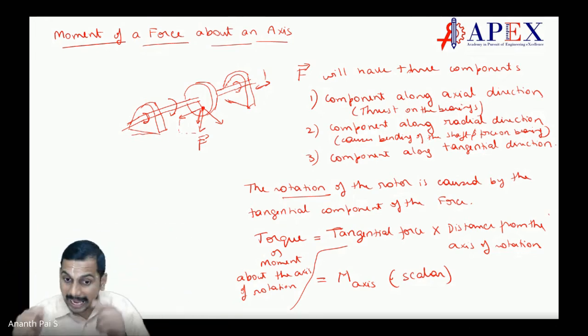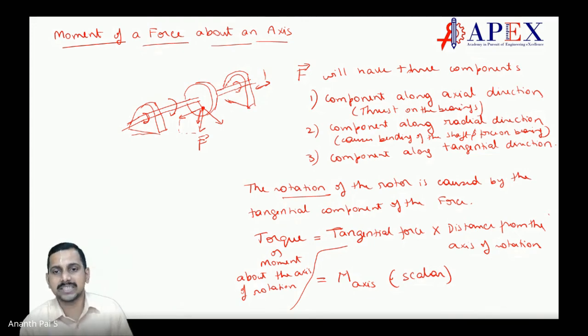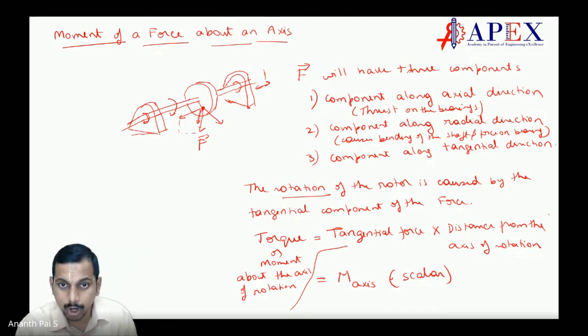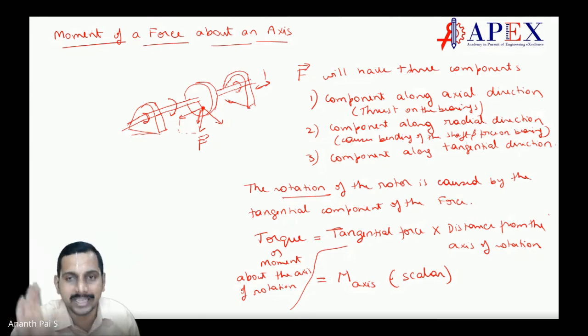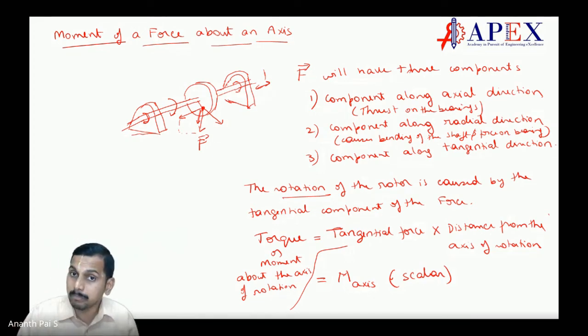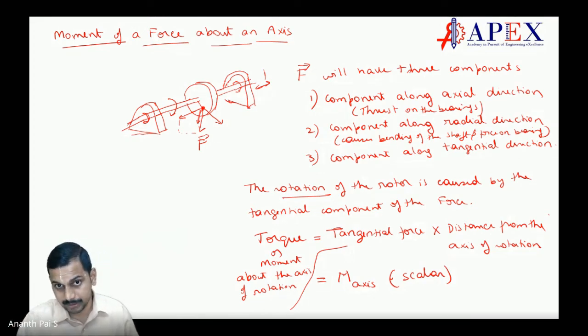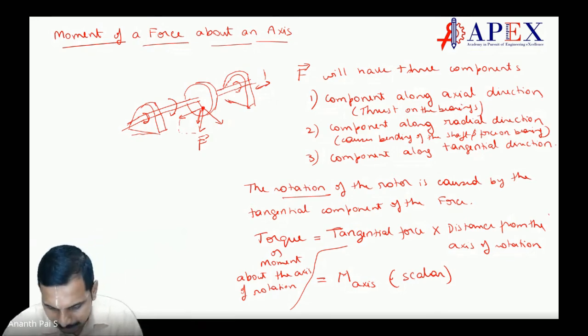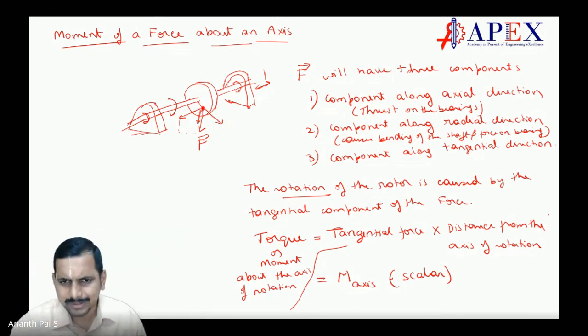So now torque is a scalar. Why is it a scalar? Because it is nothing but a component of the moment vector which is caused by that force on a point on the axis. This is difficult to say. Let me repeat again. This torque which is causing rotation is the component of the moment vector which is causing the rotation. Let us understand again. It's not so easy to understand, it will take some time. It is a basic concept, but somehow we miss it.